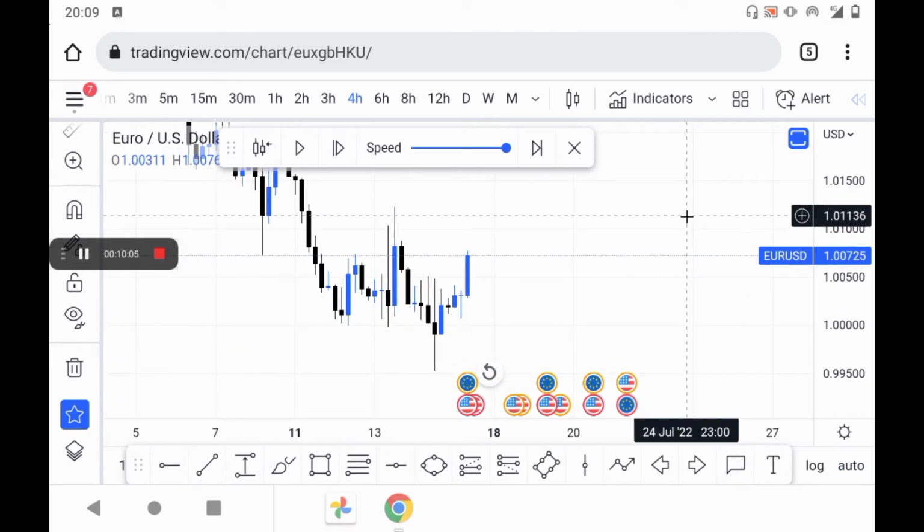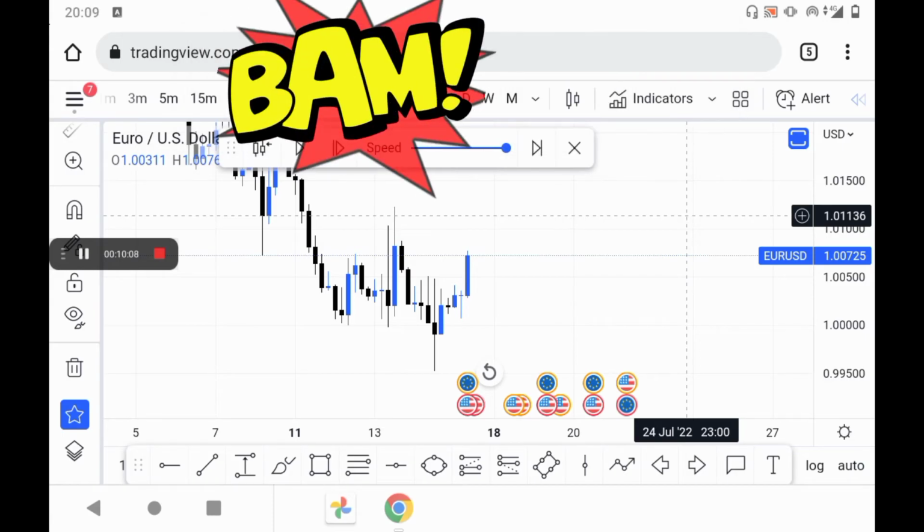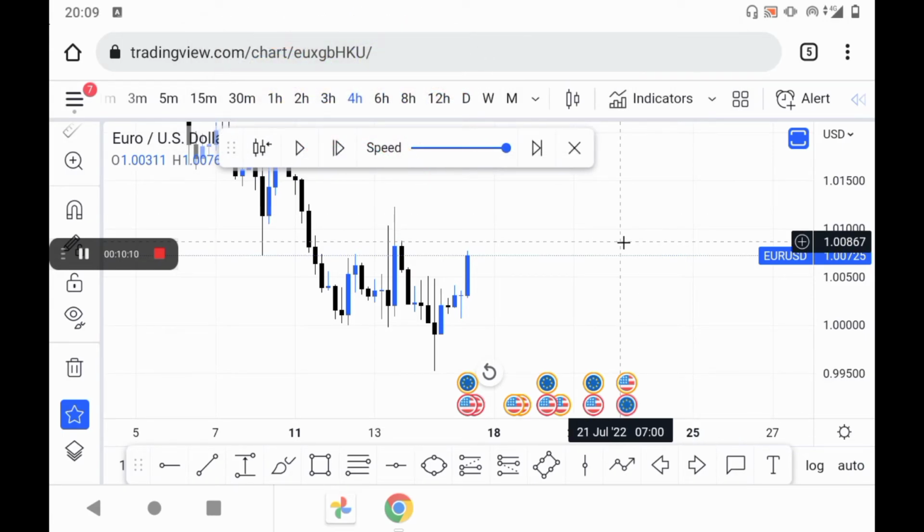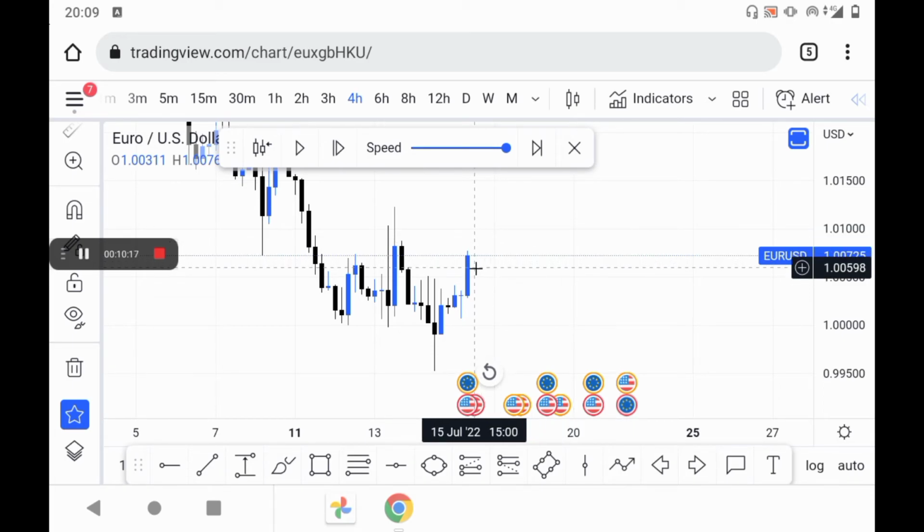I'm basically restarting my analysis simply because we have to now get our direction from a higher time frame. And since I'm trading a new session, I cannot take the higher time frame analysis I took from London session and try to apply that to New York. You cannot do that. You have to reanalyze, even though the market structure might be the same, you have to